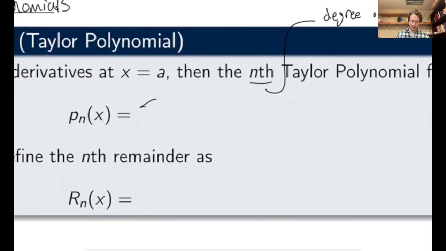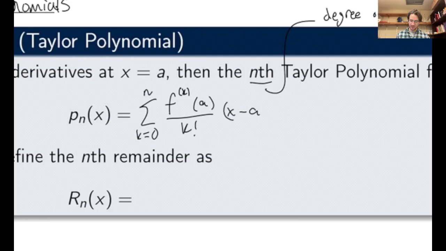It is the sum, I'm using n for the last term, so I'm going to change to k for my index, k equals 0 to capital N of the kth derivative of f at a divided by k factorial times x minus a to the k,